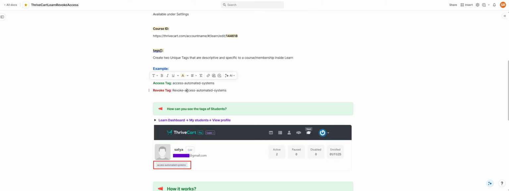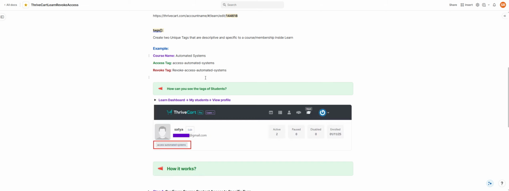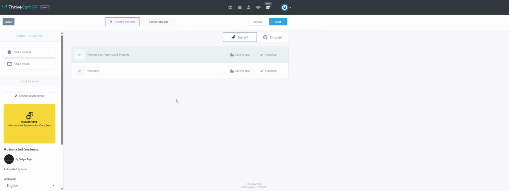a tag that says granting access, and this is a tag that says revoking access. So make sure to have that tag as a descriptor name so that you can identify things very easily. Now, if you are inside Learn, I would like to show you that